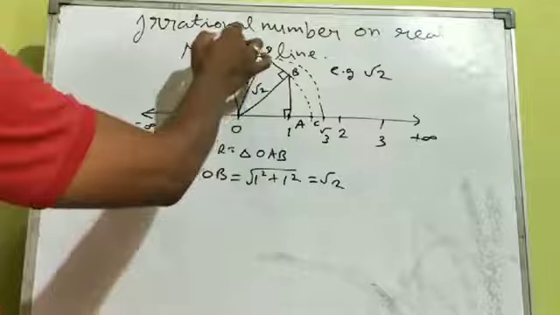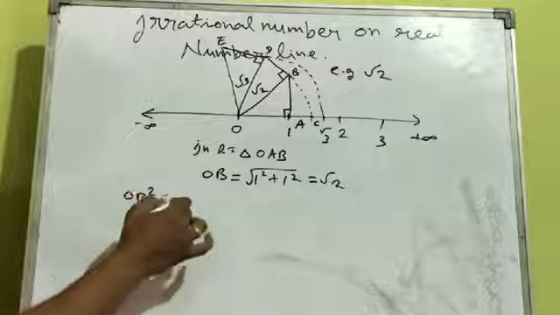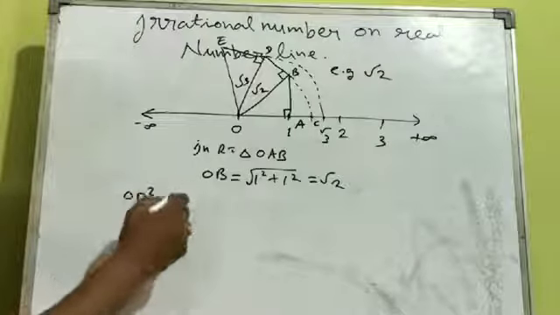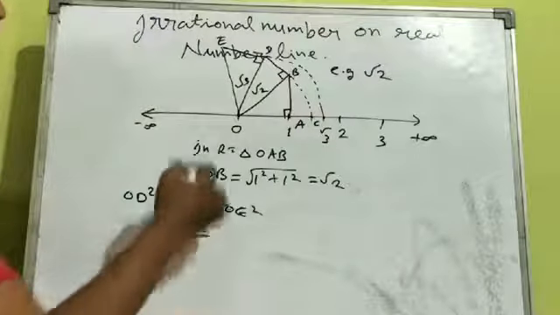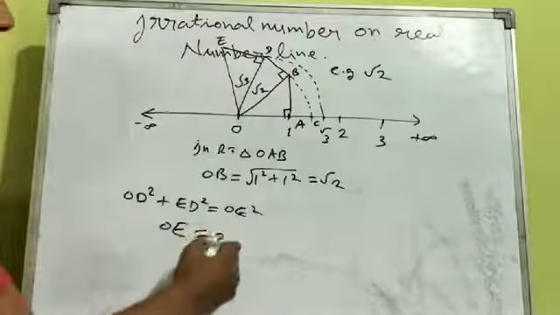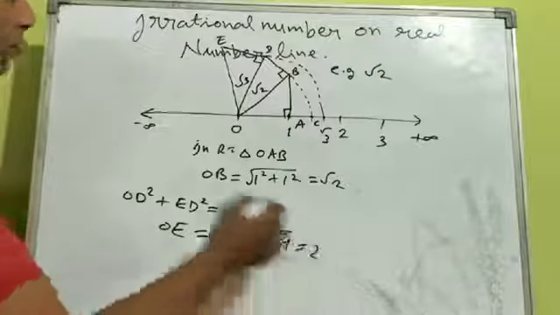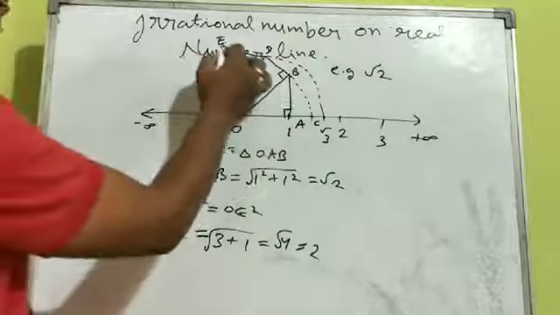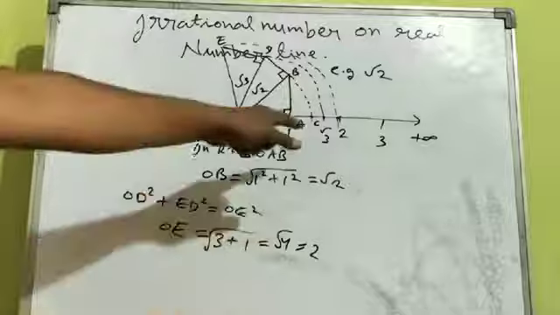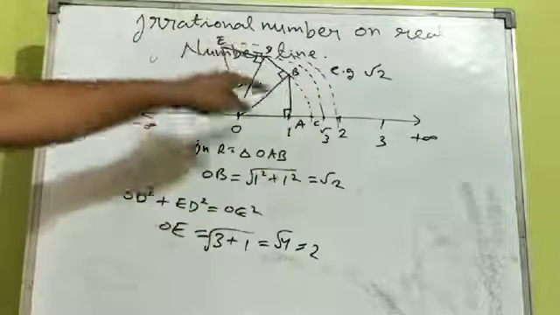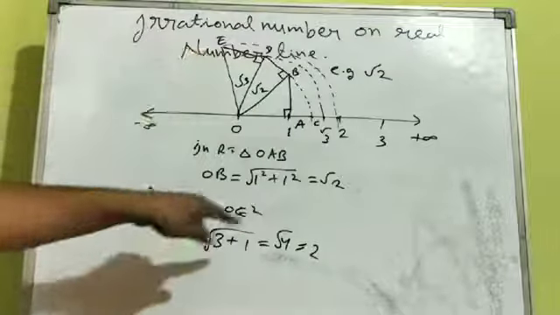Similarly, taking OD as base, draw one more perpendicular of unit length, and then join it; let this point be E. Then root 3 squared, that is OD squared, plus ED squared equals OE squared. So OE squared equals 3 plus 1, so it is equal to 2. Now taking O as center and OE as radius, if you draw another arc, then it will exactly intersect the number line at 2. So in a similar way you can make a spiral. You should try to make a spiral at least up to root 14.